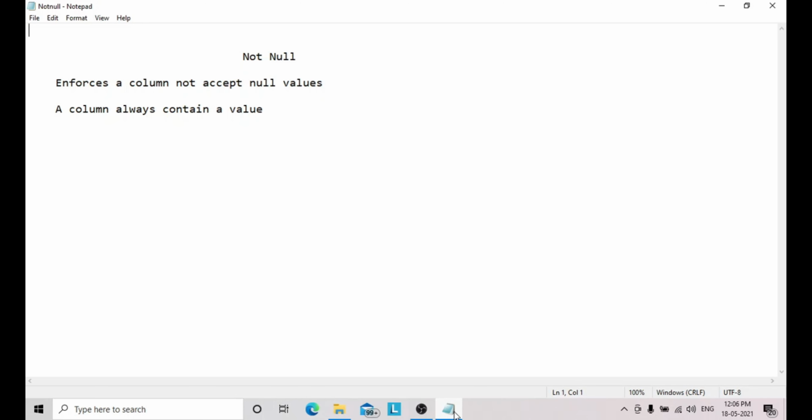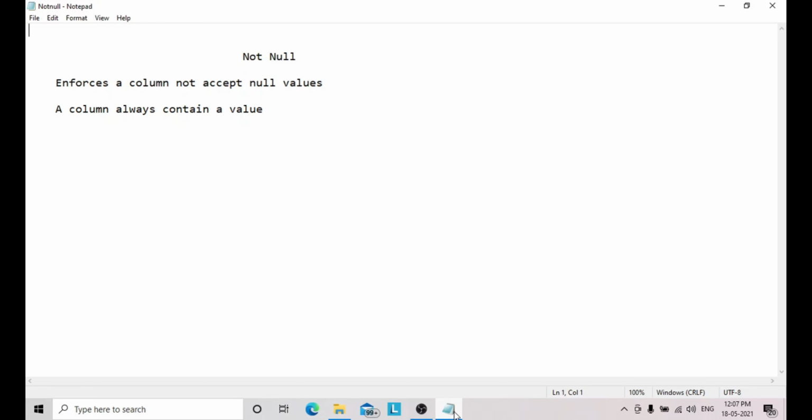If we don't want a column to have a null value, then we need to specify that column as a not null constraint while creating the table, which means that particular column does not allow null values. While inserting values, we must insert a value for that column.